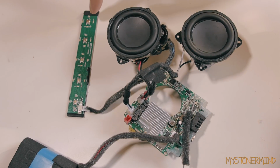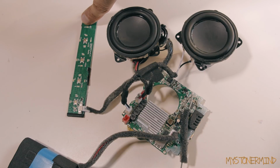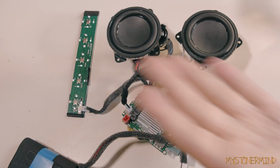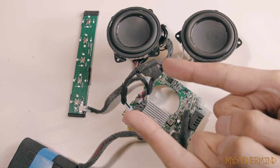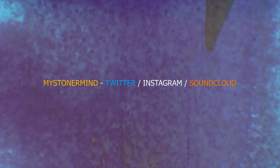So which was the power on? I think this one. Sorted. So there we go then. I finally got it open. Who really thought that I wouldn't be able to get it open? Okay, so everything's plugged in and working. The only thing is, I have some bad news. The bad news is